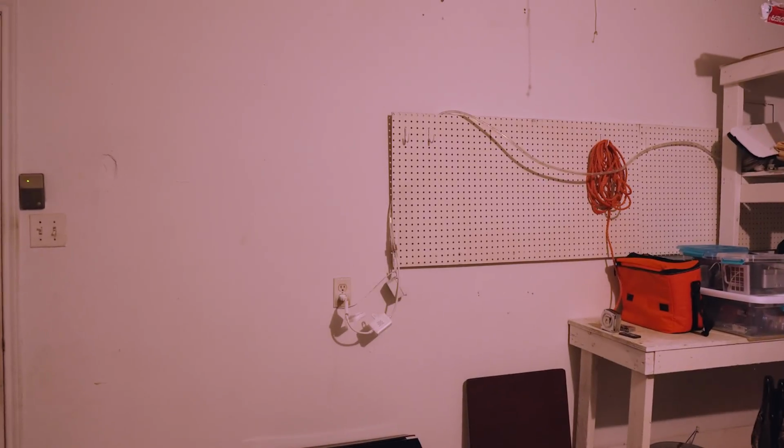Hello, everyone, and welcome to the new home of System Integrators Weekly. Yeah, it's been a minute. I know. Sorry about that. But as you can see, we're progressing with the new set. I'm in the new house, and this is the garage. It's an absolute mess right now, of course,